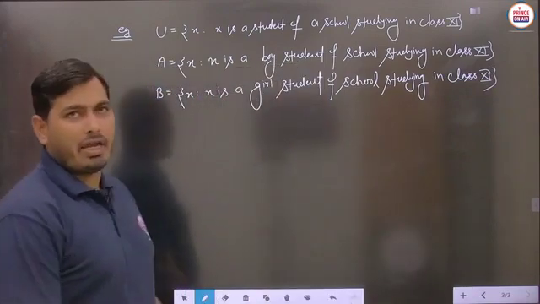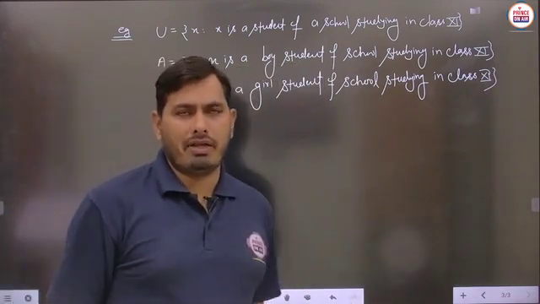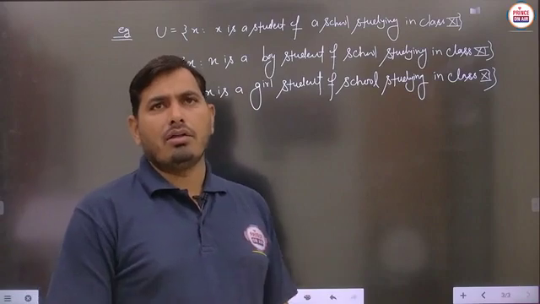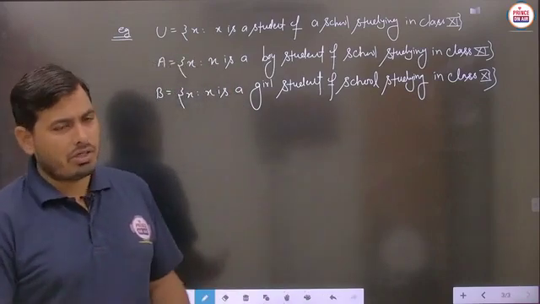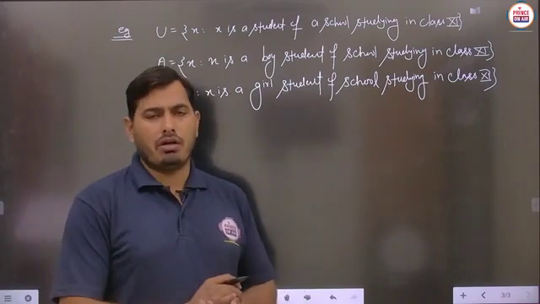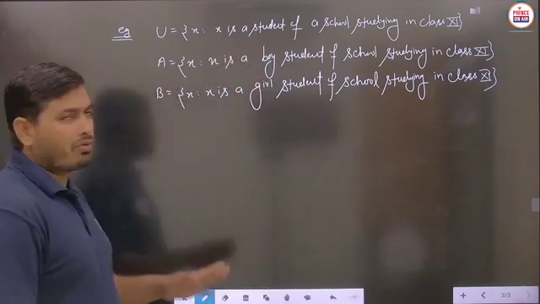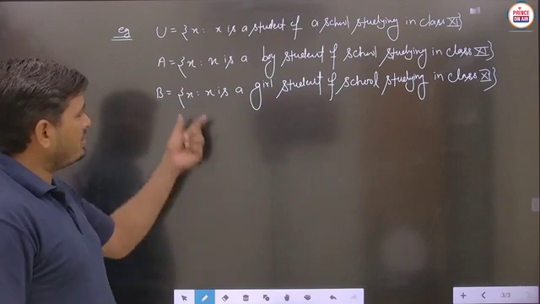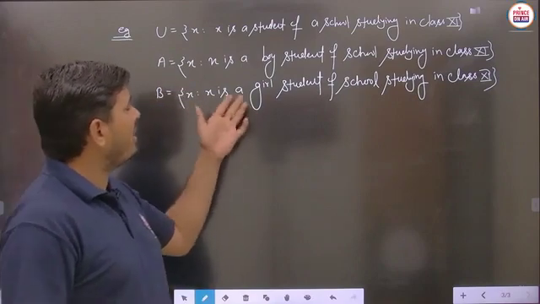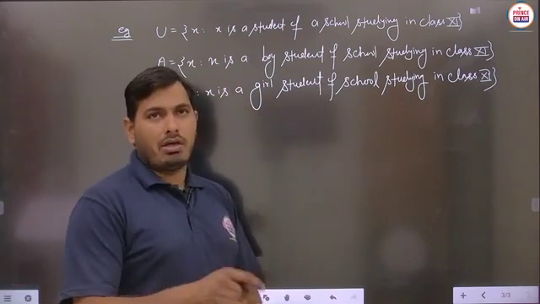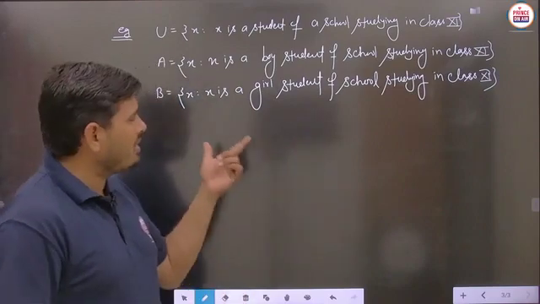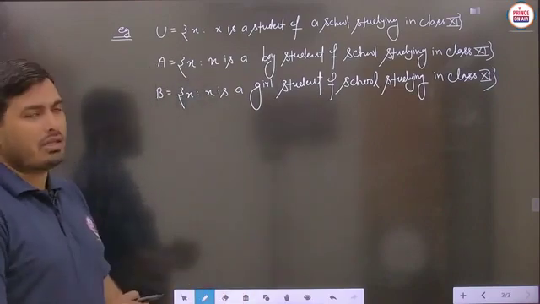So basically any kind of universal set is to be given, and that universal set represents the total number of students studying in class 11th of a school. And similarly student, the two subsets you can see here, A and B. The set A is X is a boy student, the male students you can say, and in the B set the girl students of the school studying in class 11.